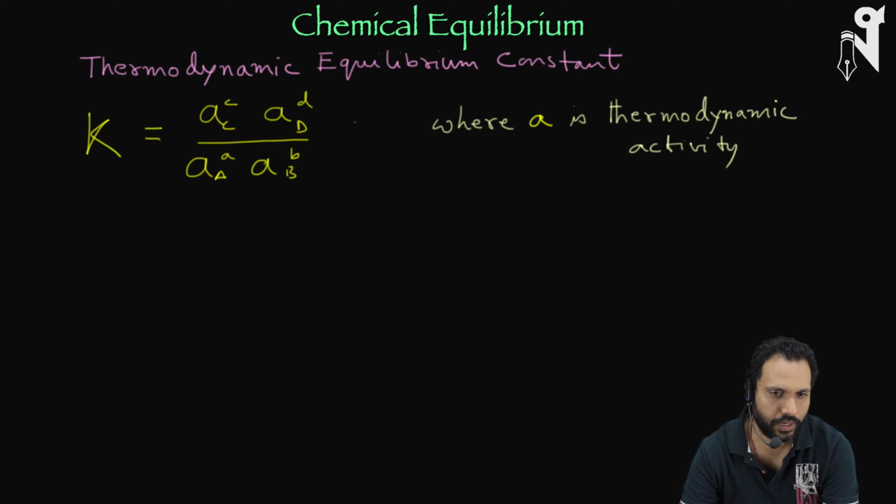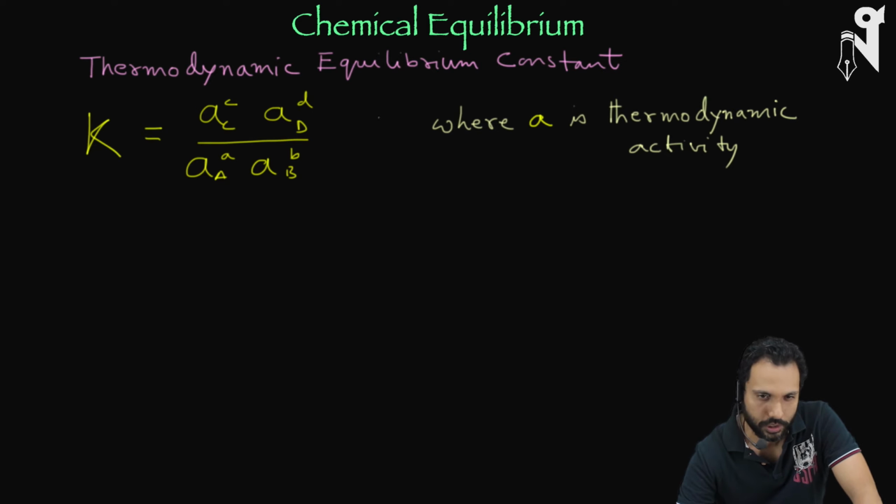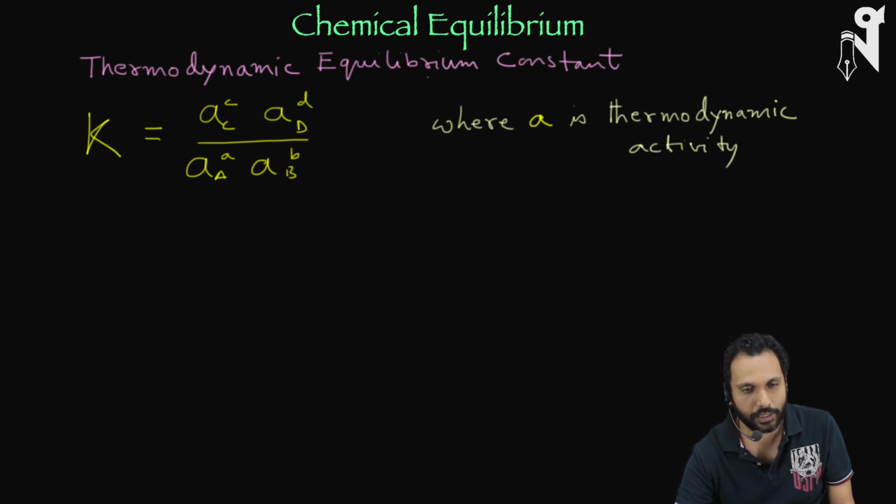So when you have a reaction where A plus B gave C and D and it came into equilibrium, what about A and B and C and D was reported? What was that quotient? What were the products, the multiplications? They were of the activity. As mentioned, it was of the activity, which we reported as concentration. So what is the difference between activity and concentration? When we report in terms of activity, then it would be the actual K value, the thermodynamic equilibrium constant, and it would be a unitless quantity.